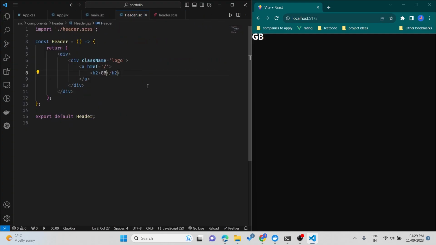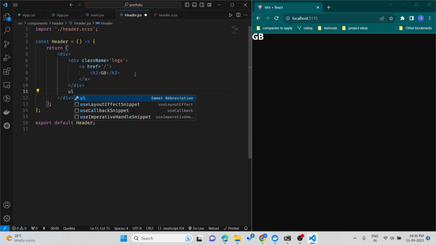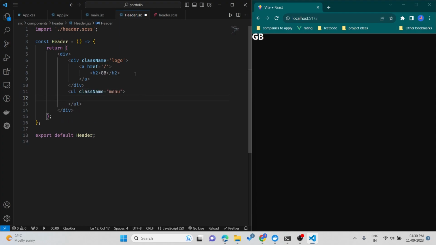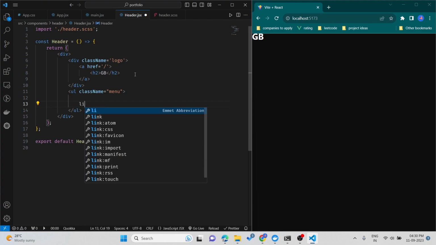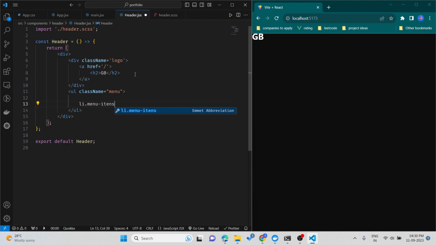Control P. Okay, so we can see in real time what is happening here. Now after the logo we are going to have one ordered list with the class name menu. Inside this we are going to have a list of menu items, so li dot menu-items